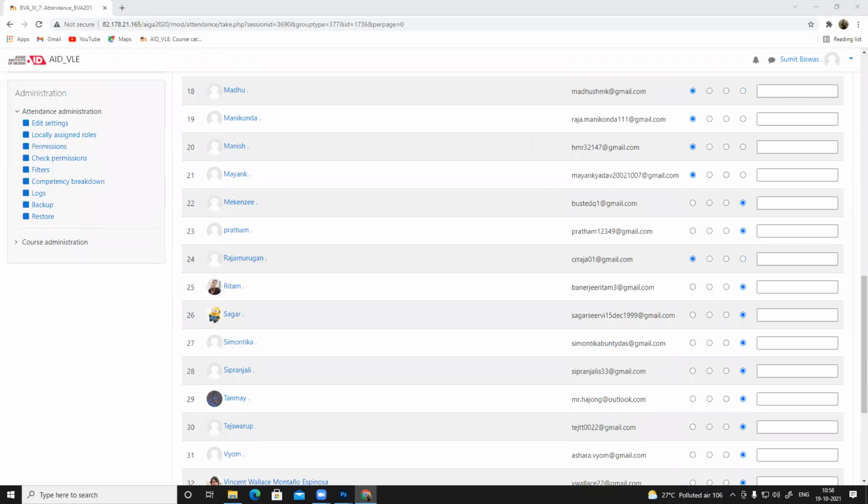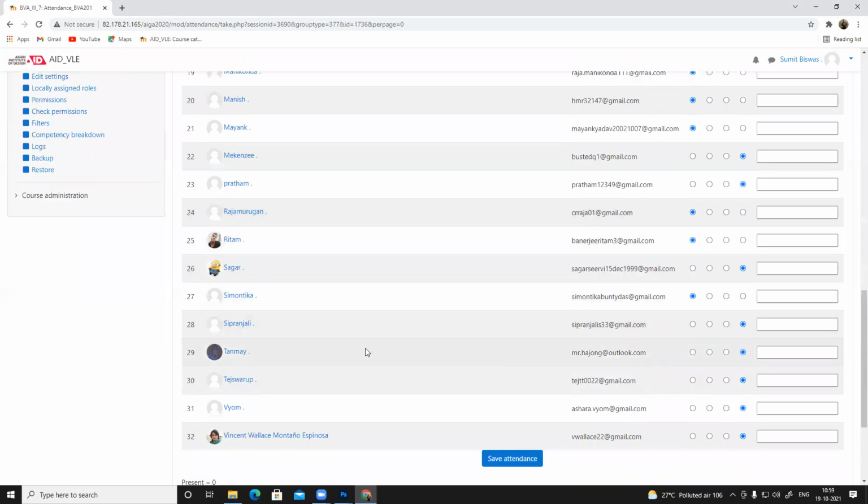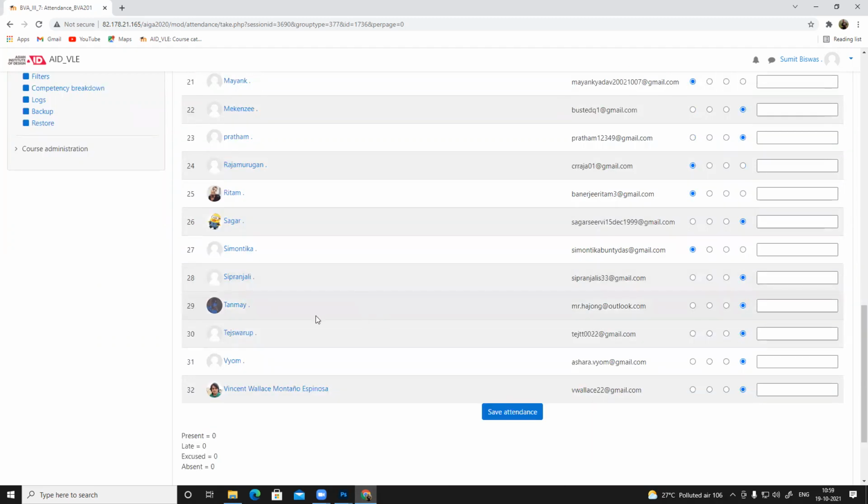Ritam. Oh, Ritam. Then we have Sagar, not here. Simantika, present. Okay. Then we have Sipranjali. I hope I'm pronouncing it right. Tanmay, not here. Vyom and Tejaswaroop, not here. Vyom also not here, and Vincent also not here. Wow.